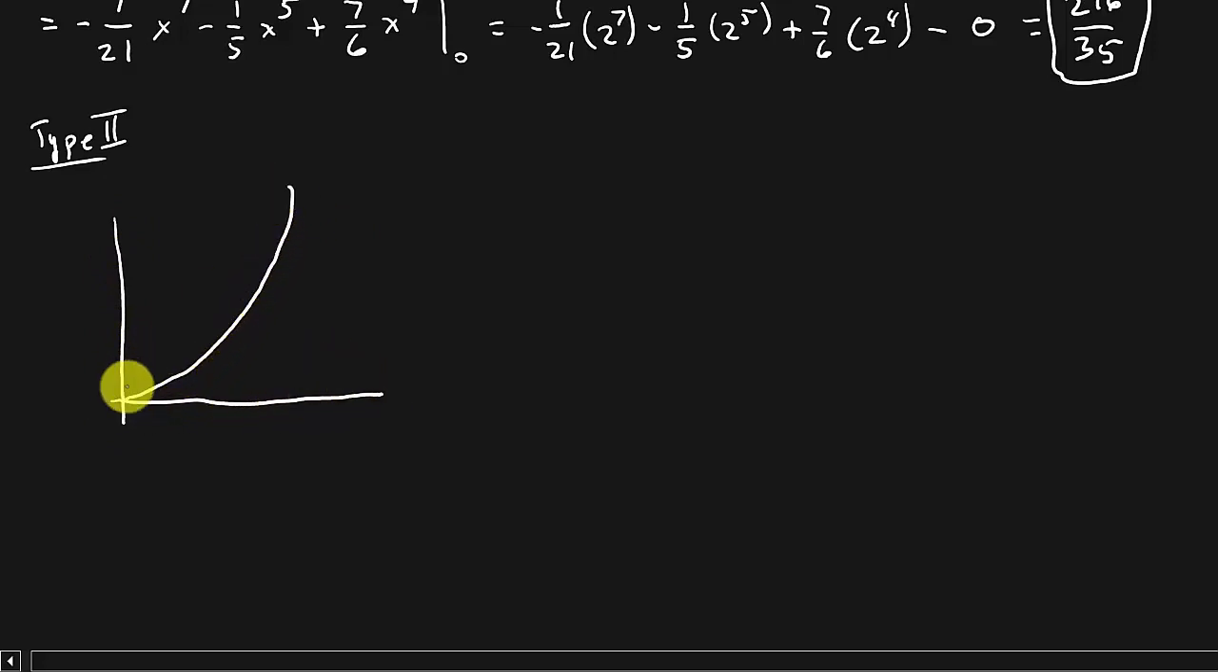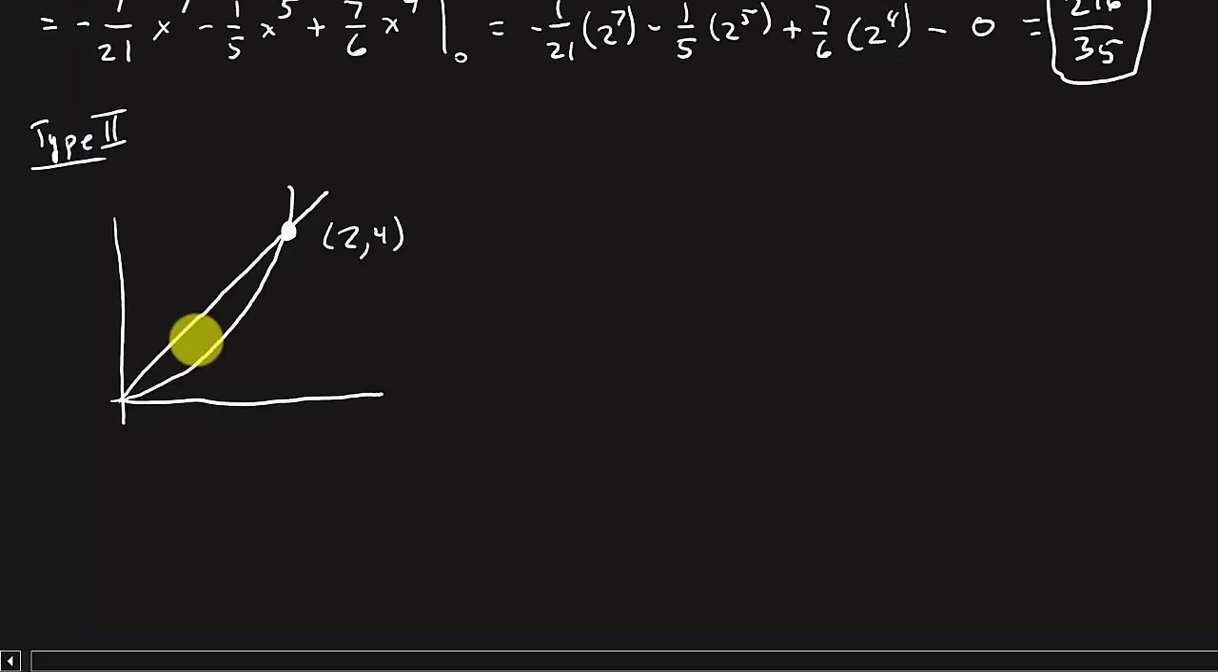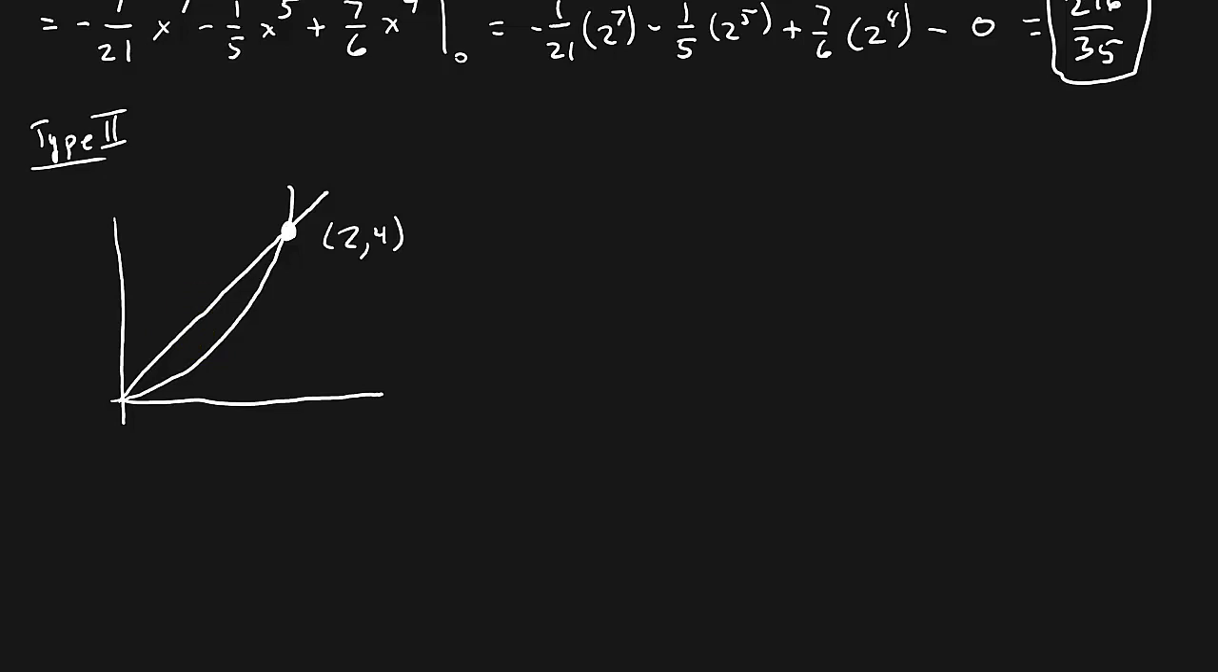Okay. And we know this intersected at, what was it, 1, 2, I believe? No, it didn't intersect at 1, 2. It intersected at 2, 4. Remember, we found that earlier when we worked it as a type 1. And we're setting it up as a type 2. So we're going